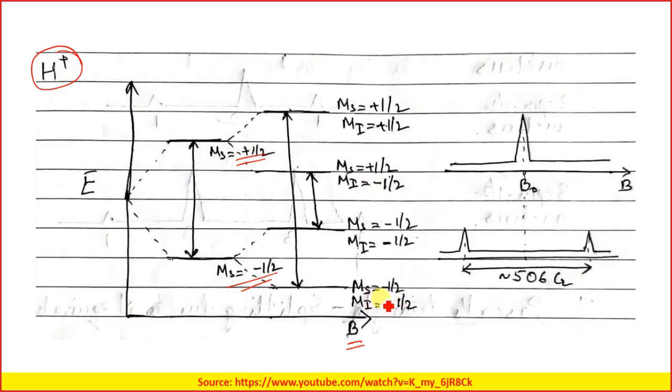It is having a proton also, right? So due to that also, this proton has Mi plus half and minus half. So the lower energy level is Ms minus half, Mi plus half, and then Ms minus half and Mi plus half. So if you see this one, the arrangement is